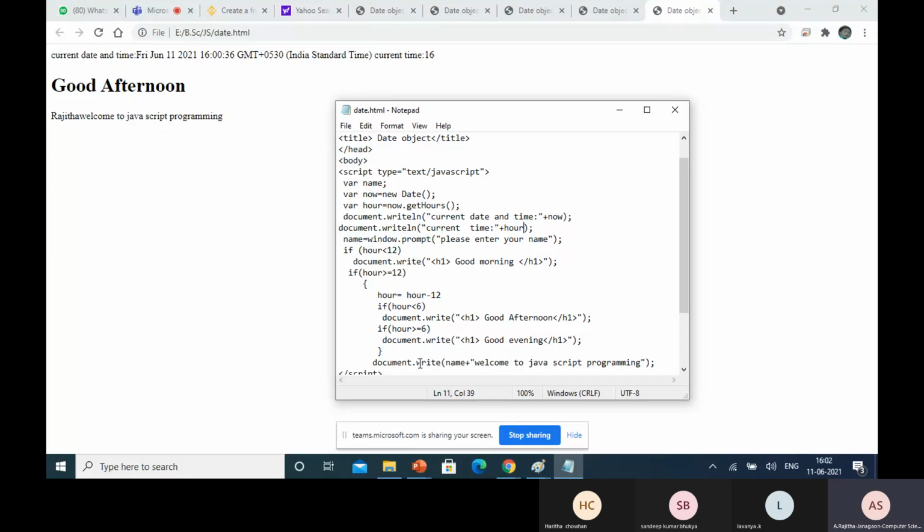After completion of this, tomorrow we'll discuss all control structures: if statement, while loop, do while, for, and switch. Then break and continue, along with the operators, whatever operators are required. Next, the functions concept.